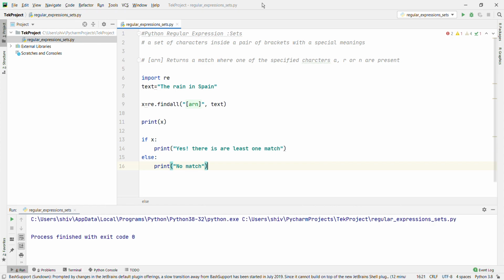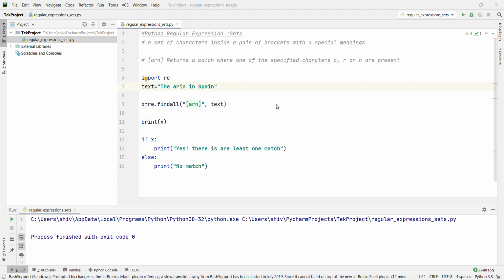What will happen here? It will check if the string has any a, r or n characters present in the string or not. What will it print? It will print, e is not there, right? r, a, n, and then n, then a, then n.